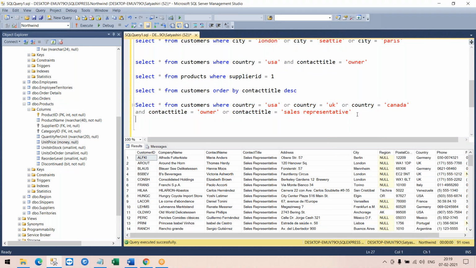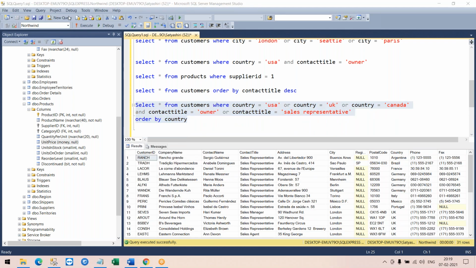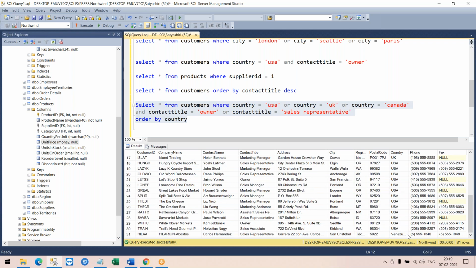Let's do an order by to verify the data is coming up correctly. Order by country. Execute. Now, when I look at the data, the countries, I am expecting only USA, UK, Canada. But I see Argentina, Brazil, France, Germany, Venezuela too. So country conditions didn't work.